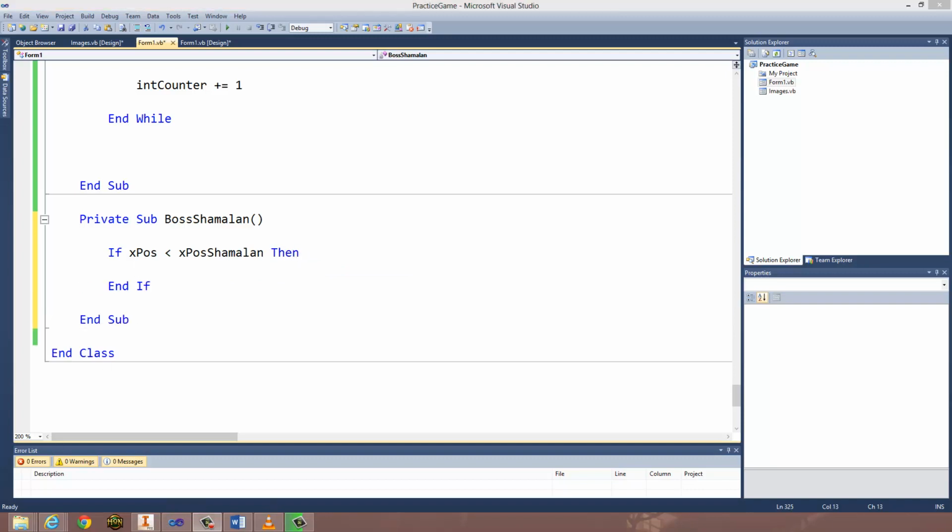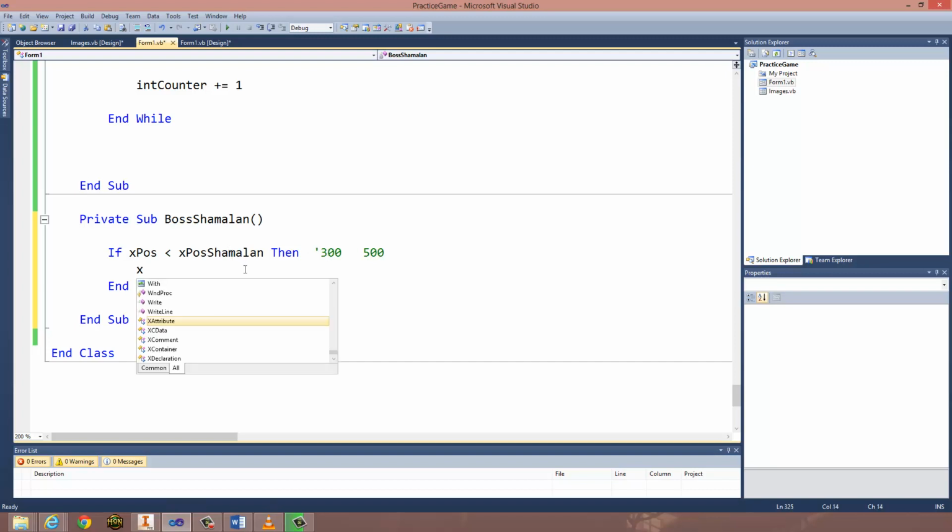Well, let's say our character was at 300 pixels and Shyamalan was at 500 pixels, then we want the number of Shyamalan to get less. So let's say X position Shyamalan minus equals,